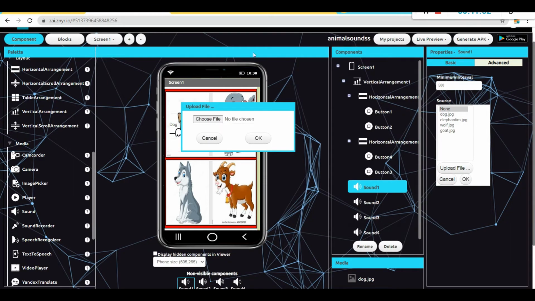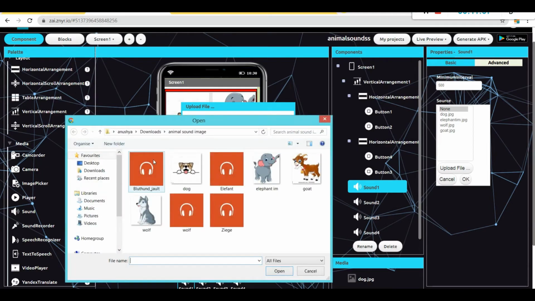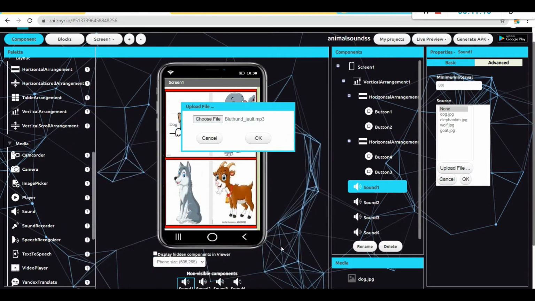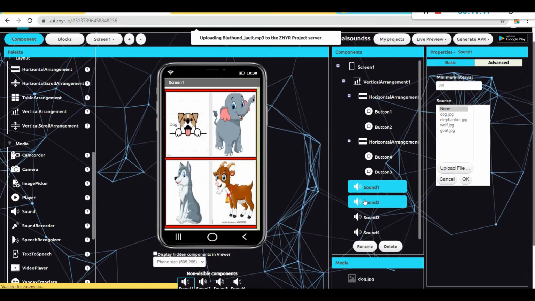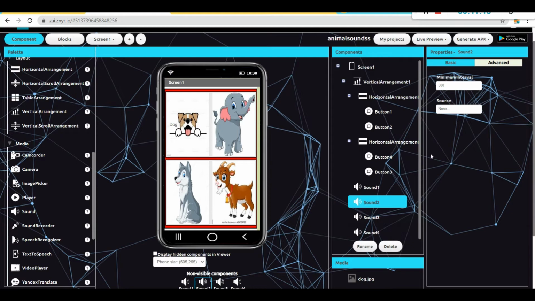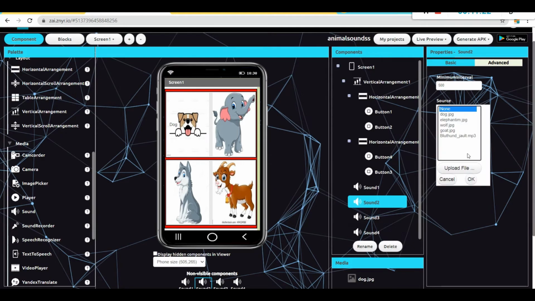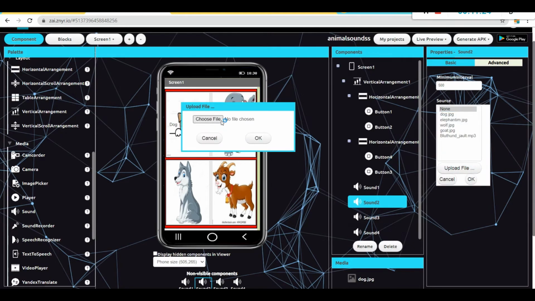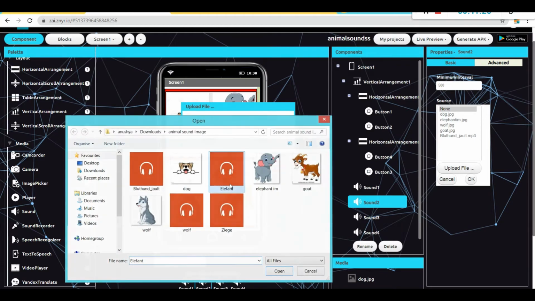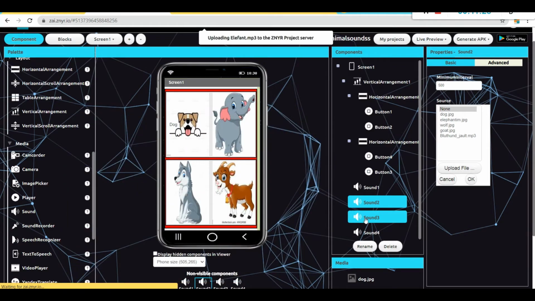So under this, I'm choosing my file. My first sound, sound 1, should be a dog. So I'm just choosing this one, open and OK. My second file should be an elephant. I'm going for the same source, upload file, choose file. I'm choosing elephant and clicking the OK button.